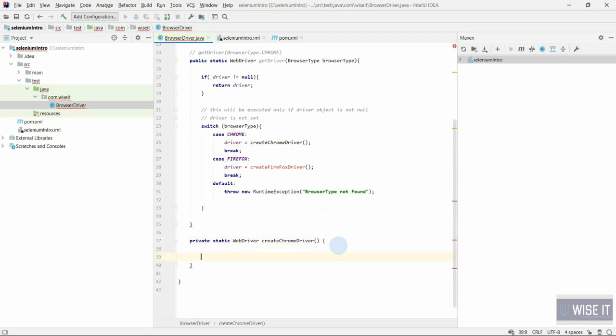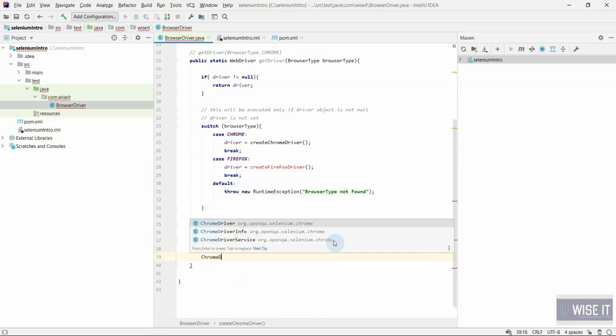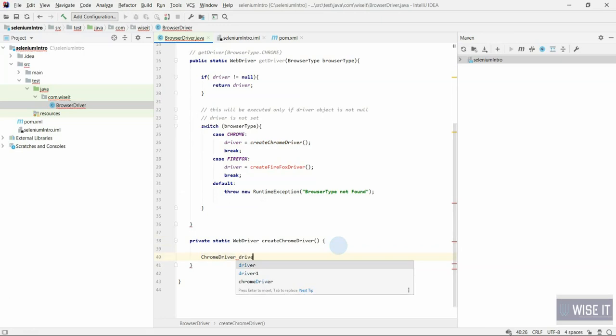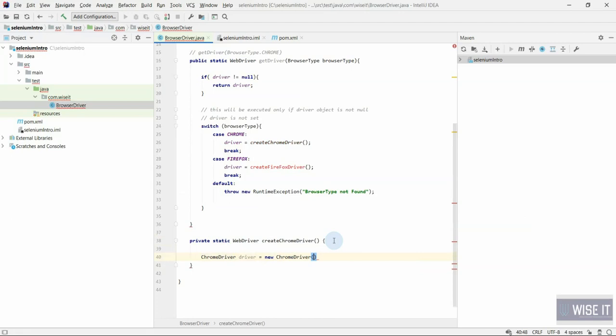To return a Chrome driver, we need to create the Chrome driver. So how can you create a Chrome driver? You can just write ChromeDriver driver equal to new ChromeDriver, and just return driver.